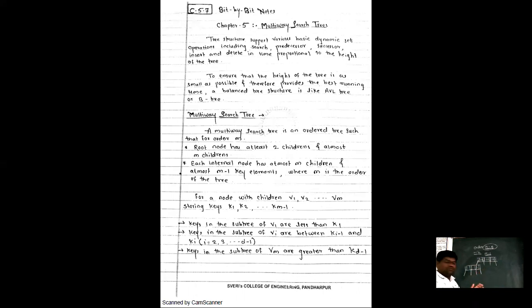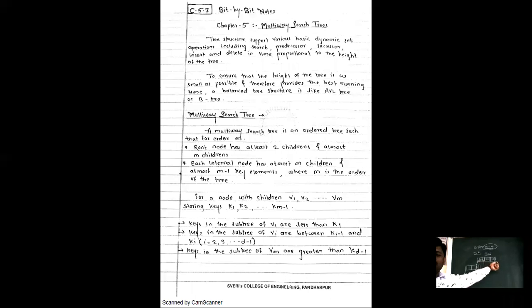In this way, what is the benefit of using this multi-way search tree? We can store multiple values in a single node, right? All of you are able to understand what I am talking about? Am I audible clearly? Yes or no? Yes, sir. Okay. Now, in a single node, how many values have we stored? Online students, I'm expecting an answer from you. I'm getting the answer from offline students.